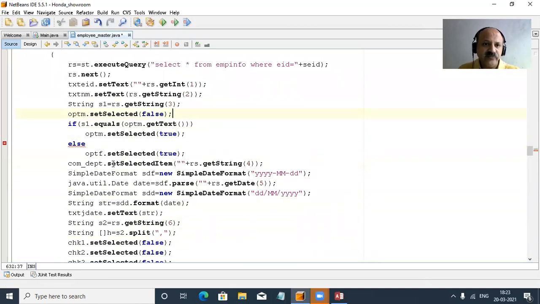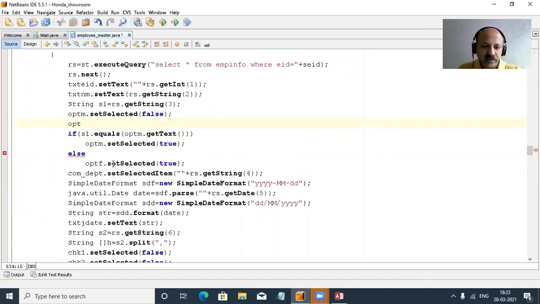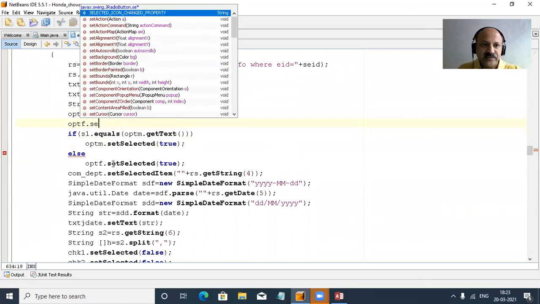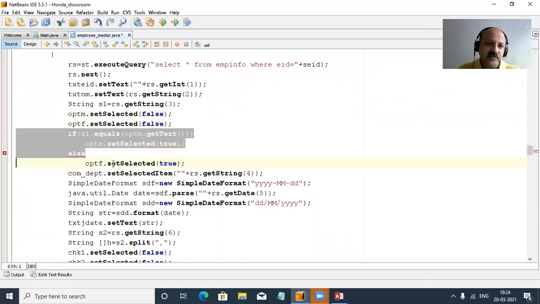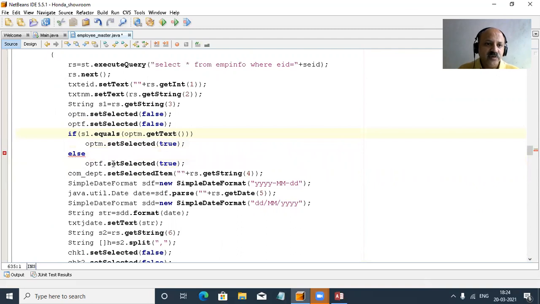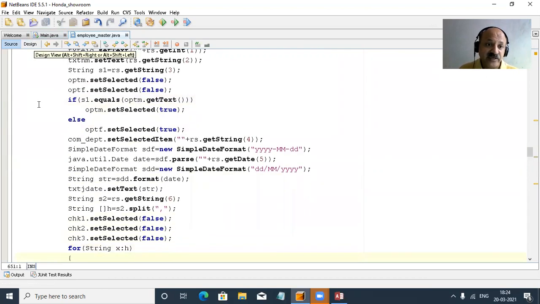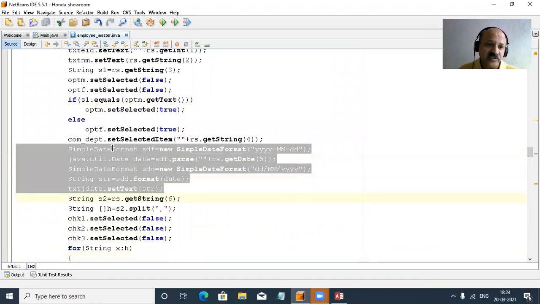In the same way, if any remaining option is main and set selected, and that is also false, then the perfect way here is the if condition for perfect way selection. So yes, save. So perfect. And then, I hope the date field is very important in this session. So that is five lines of coding.